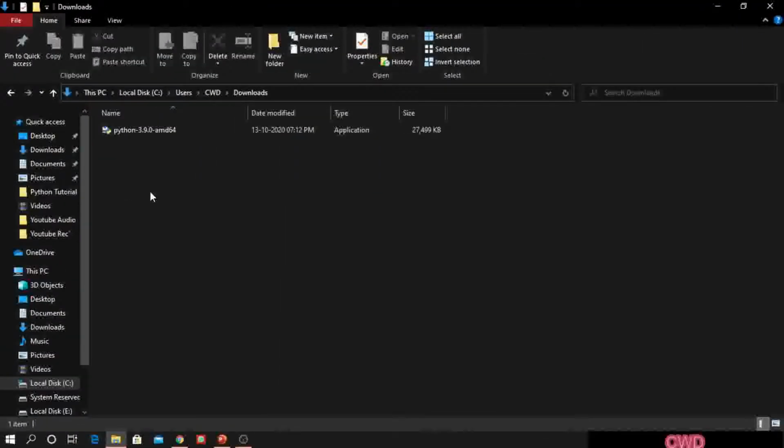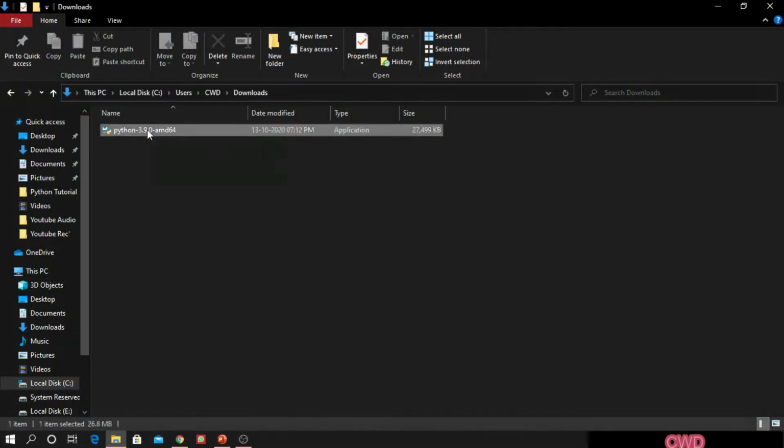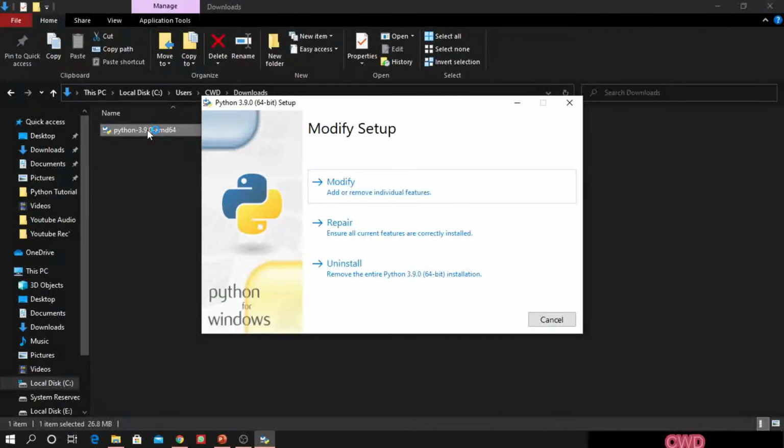After downloading the Python interpreter, all you need is to go to your download folder and open this installer file. As I have already installed it, it won't show me all the installation steps, but for you it will show some installation windows. There you will find one particular checkbox that you need to check, which reads "Add Python 3.9 to PATH". So just make sure you select that checkbox and click on Install. It's very easy. It will automatically install the Python interpreter for you.